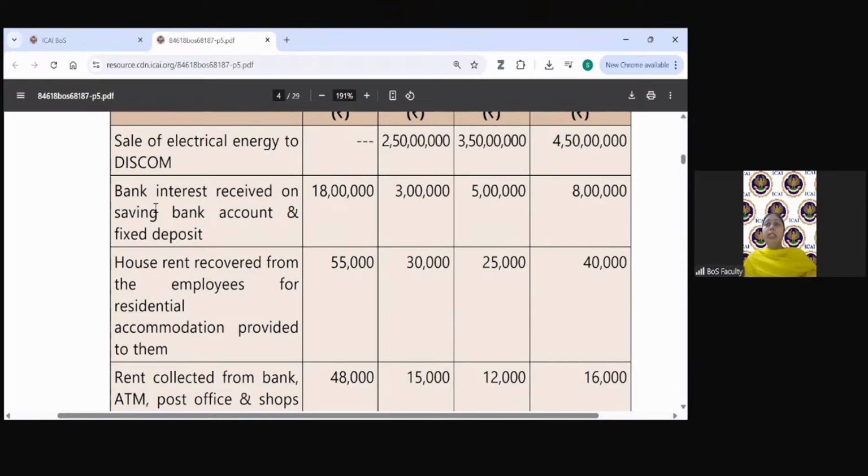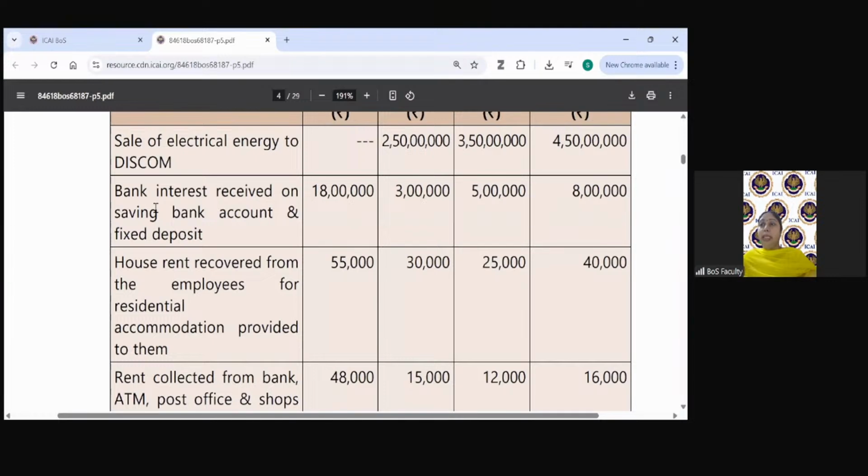Second is bank interest received on saving bank account and fixed deposit. Now we have entry 27. Oh, no, I will not be giving you the entries now. I will just read the question because I think that would be the better approach. If I explain the entire scenario now, you will not be able to appreciate the points afterwards. So I will first read the scenario, we'll read the question, and afterwards I will explain as Swati has done. So bank interest received on saving bank account and fixed deposit, and for this also we have been given the amount of bank interest which each of the branches as well as HO has received.